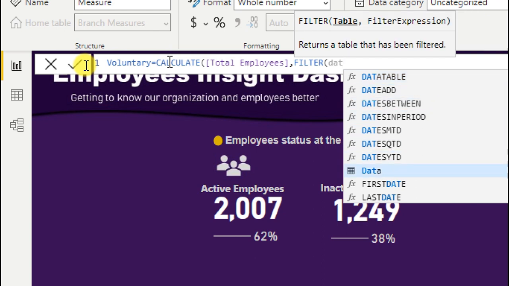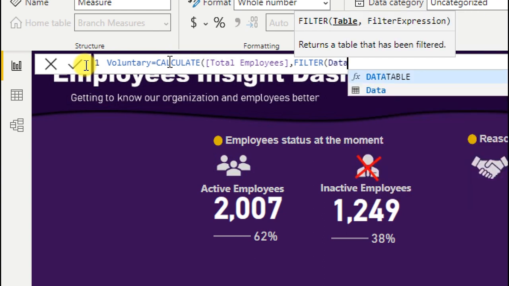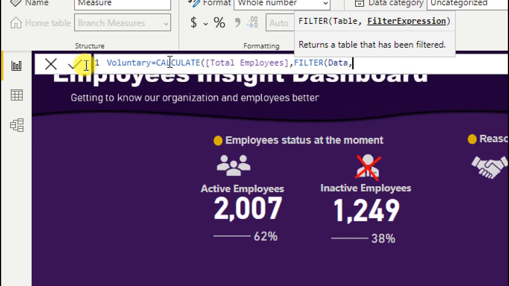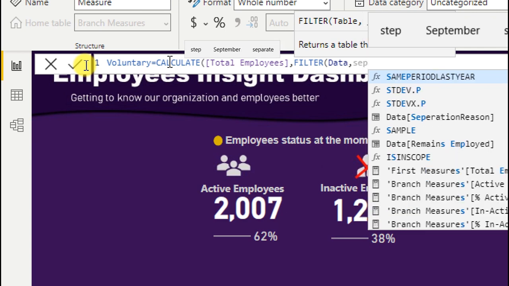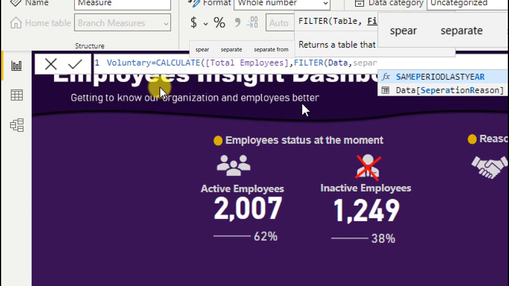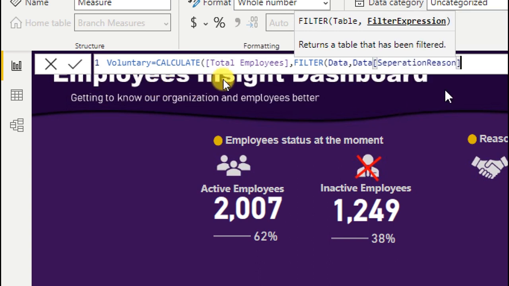We just have to scroll down, pick the table, and the next again is the expression, like the column we want to get something from. So if I type in SEP, I should see Separation right there, right? So here we go, we have Separation Reason, we get it, and we just want to say where it is equal to